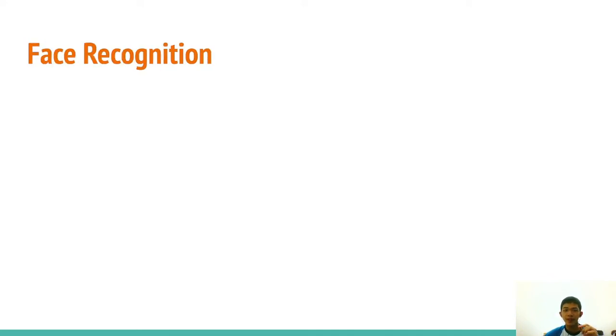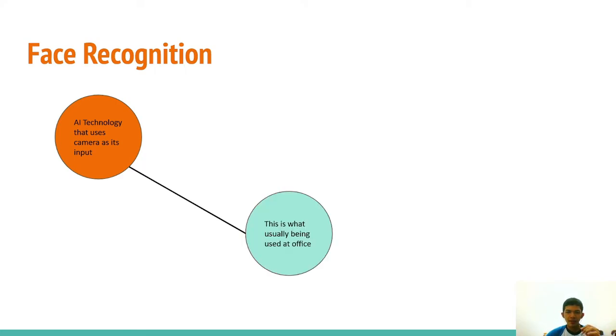And next we've got face recognition. This is the AI technology that uses a camera as its input. So yeah, the camera is being used as an eye here. This is what's usually used at offices to take attendance, to tell that the employees are present at that moment. Usually at offices they've got retina scan, fingerprint scan, or the last one, this face